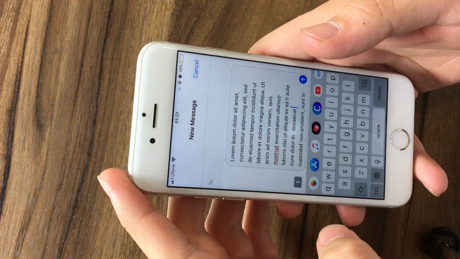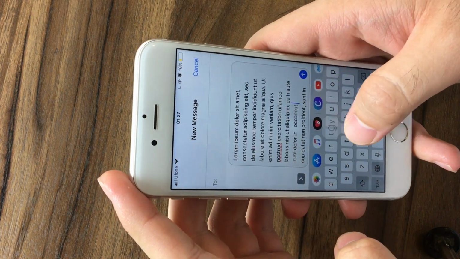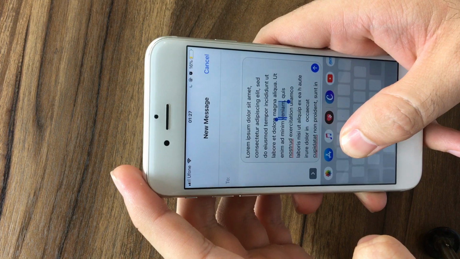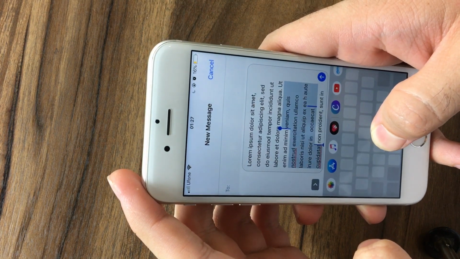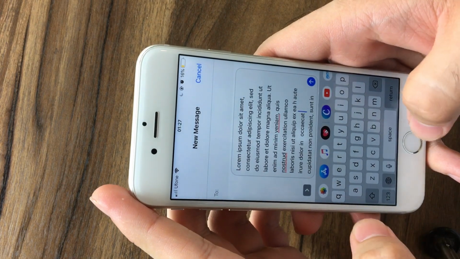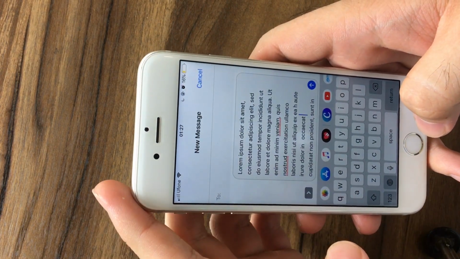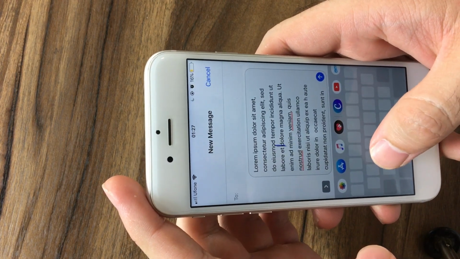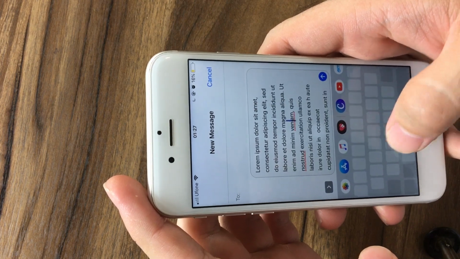Tip number 6 is moving your cursor while typing a message or notes. We actually have a faster and better way of moving our cursor to a specific point by using 3D touch or pressing and holding the spacebar on our keypad. For example, I have a 3D touch supported phone. I can move around my cursor like this, and I also have an option to use 3D touch to select any text. I can use this option by pressing and holding the spacebar if your phone doesn't have 3D touch, but for those phones it will not be possible to select text from this option.